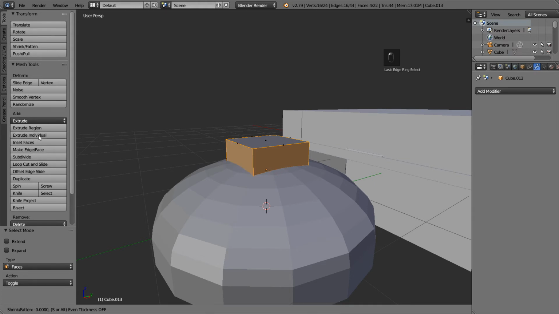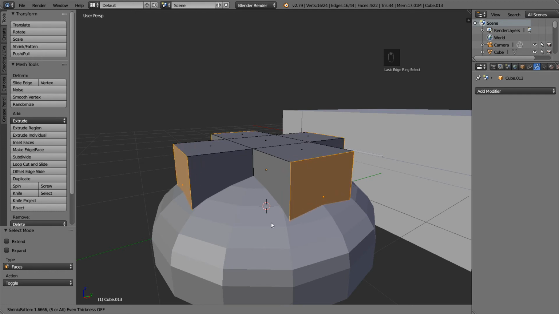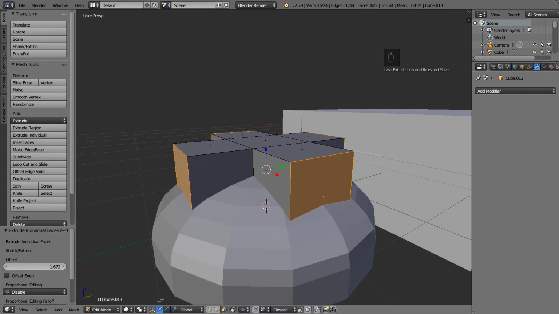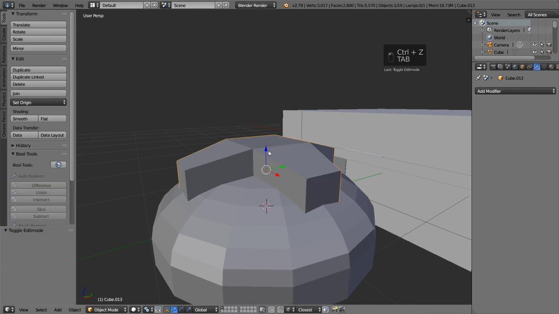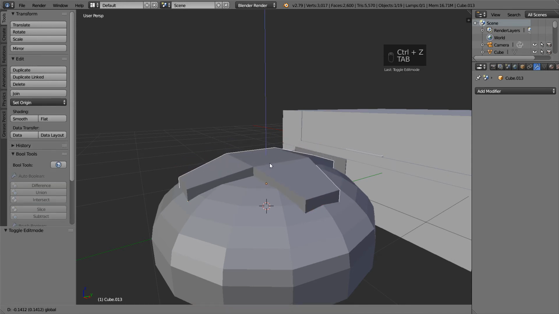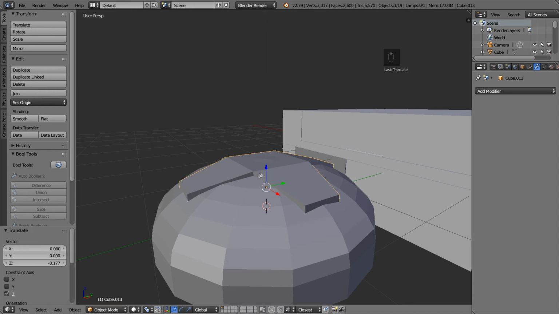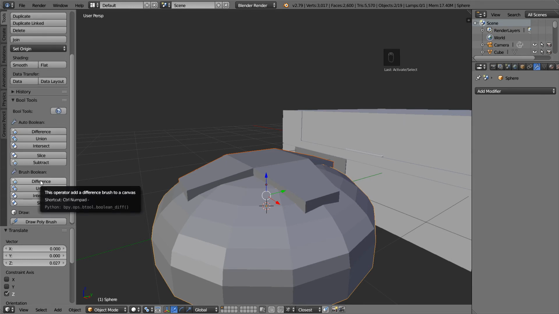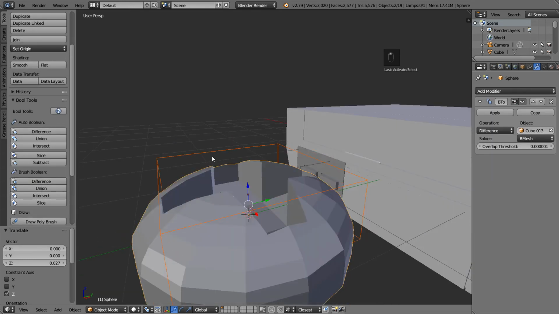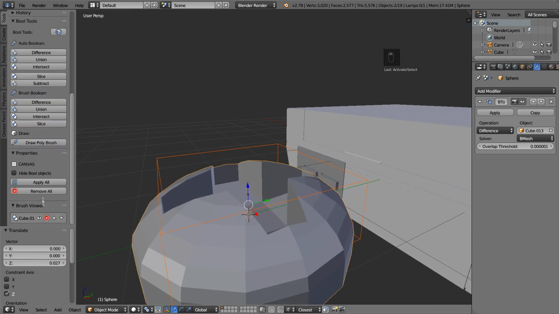Then go to Tools and Extrude Individual. Extrude them out. Come to the bottom and make sure you have individual origin. Scale it in. Bring the whole mesh down. And make sure nothing is showing from the screw. Shift select the screw and Boolean difference. You can then apply,